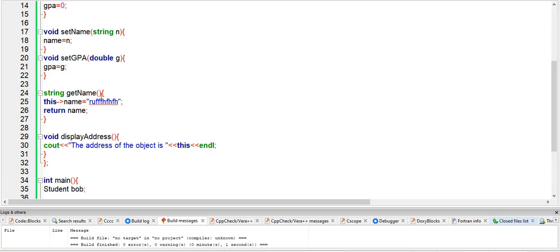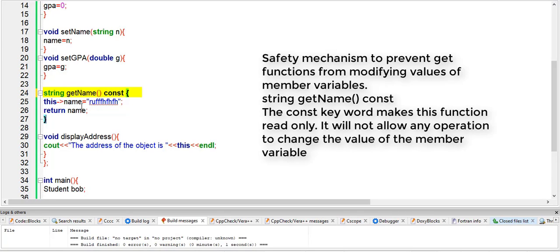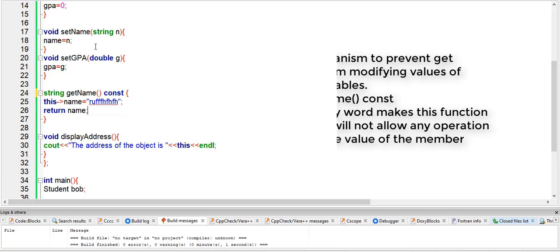So for this reason, there is a safety mechanism that is often used, and that's writing a const after the parameter list. So if within the function you don't want anything to be modified, meaning the values of the member variables to be changed, make it essentially a read-only function, so you can write const after the parameter list. This makes this function a const in the sense that it will not allow anything to be changed within the function. Now if we run this program one more time,